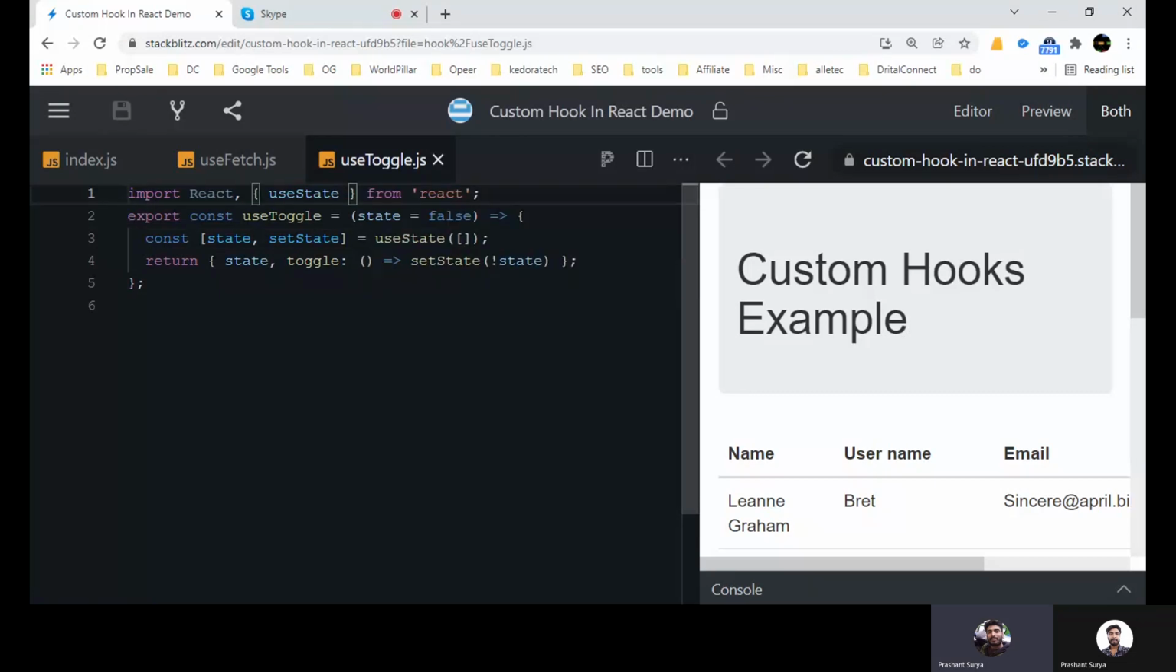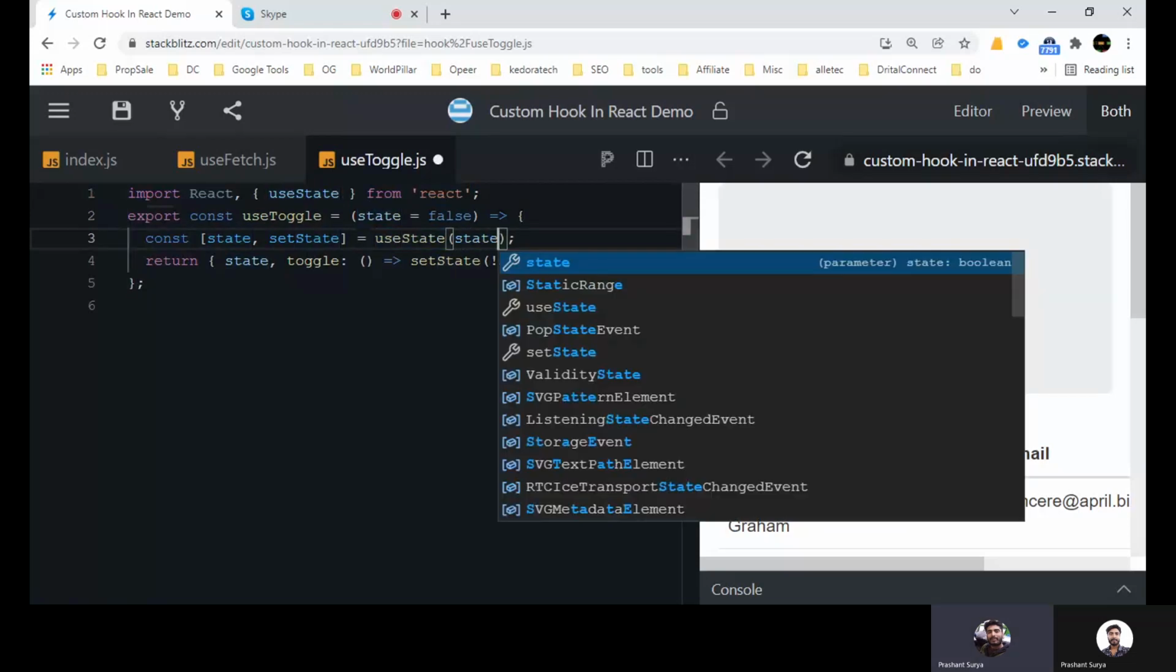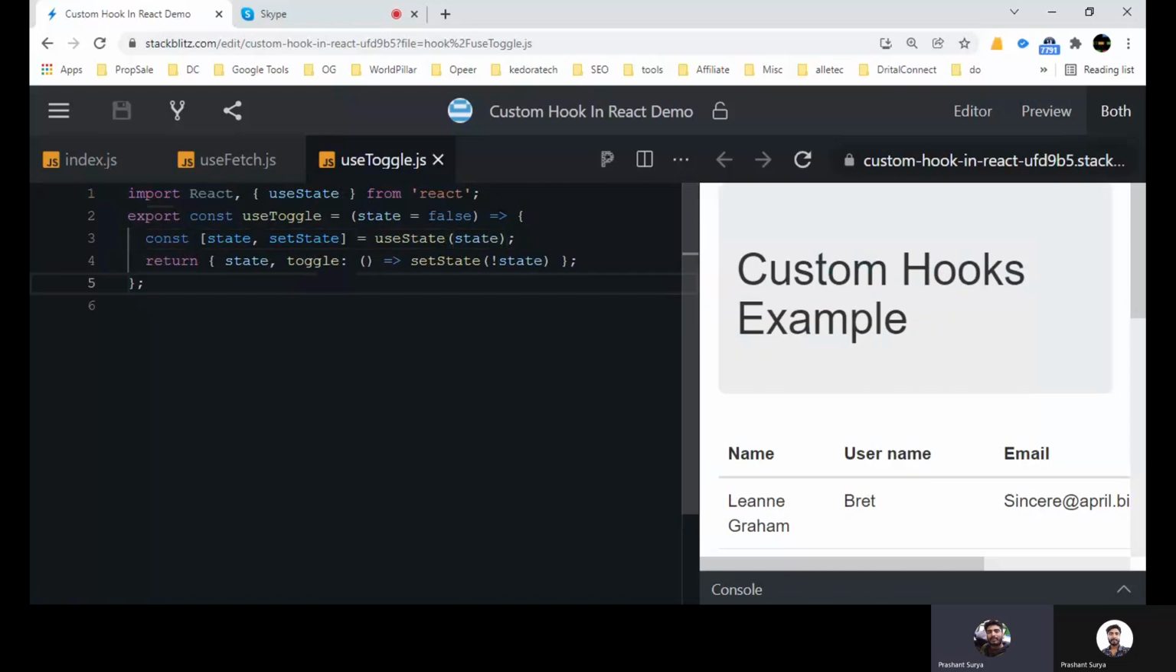Okay, so we have another hook which is custom, and whose initial state will be false. If the user passes a state, then that same state will be set. So whatever the user passes will be set inside this state, and if there is no state from the user, then by default it will be false. Okay, so now we will consume this one, useToggle,